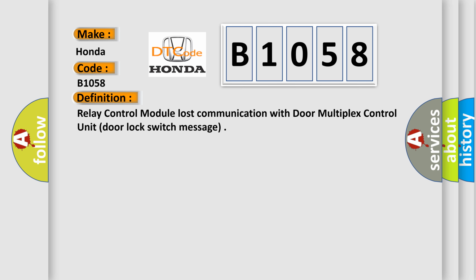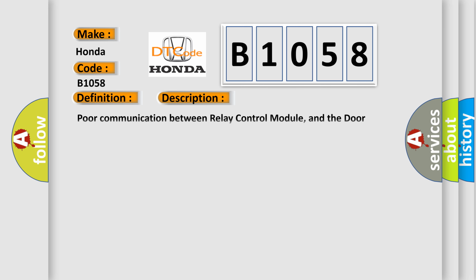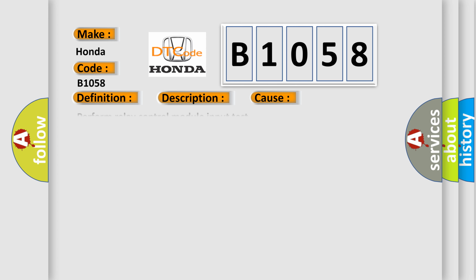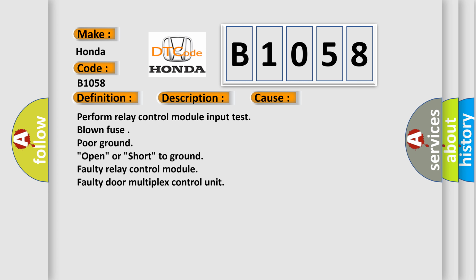And now this is a short description of this DTC code. Poor communication between Relay Control Module and the Door Multiplex Control Unit. Beacon communication line malfunction. This diagnostic error occurs most often in these cases. Perform relay control module input test: blown fuse, poor ground, open or short to ground, faulty relay control module, faulty